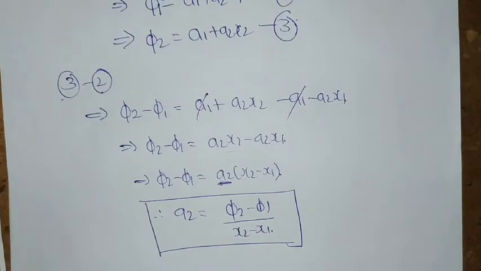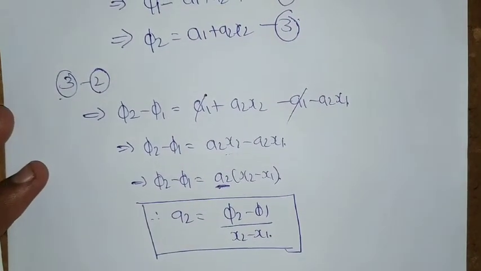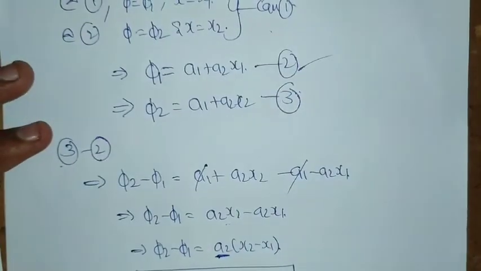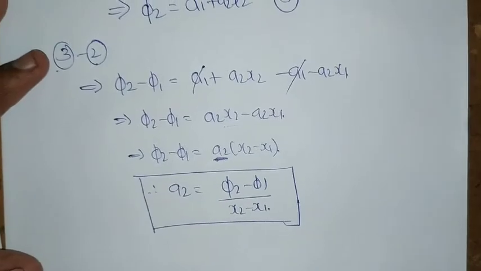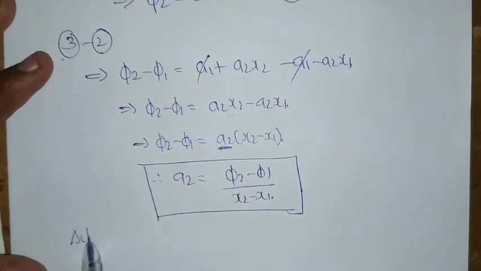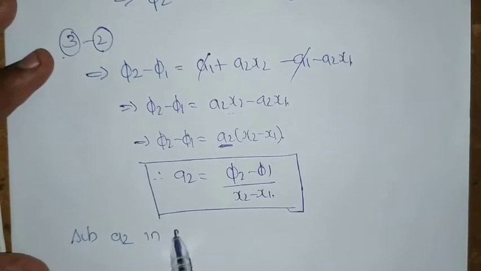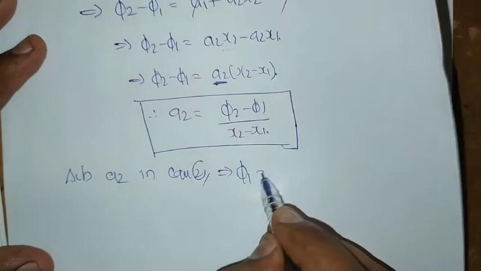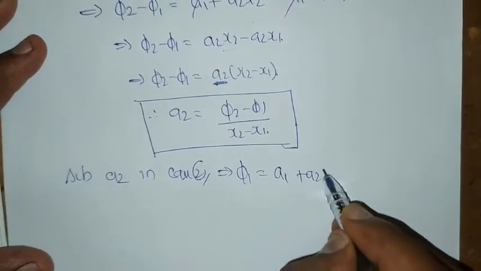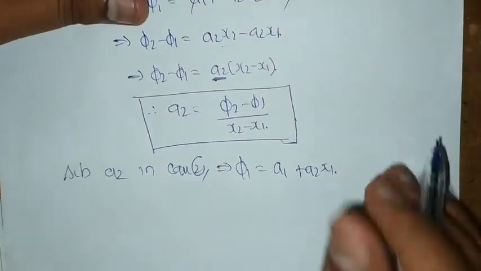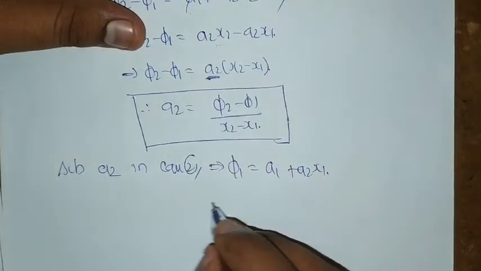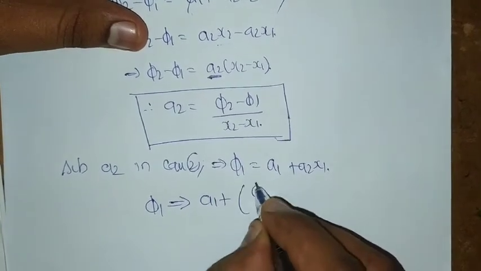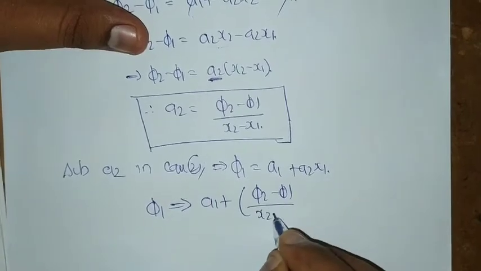Now we have to find the value of a1. For that, substitute the value of a2 in equation 2. Equation 2 is phi 1 is equal to a1 plus a2 into x1. Substituting the a2 value, phi 1 is equal to a1 plus phi 2 minus phi 1 divided by x2 minus x1